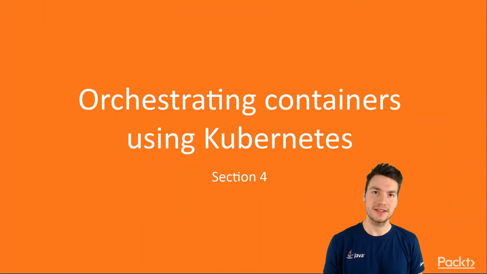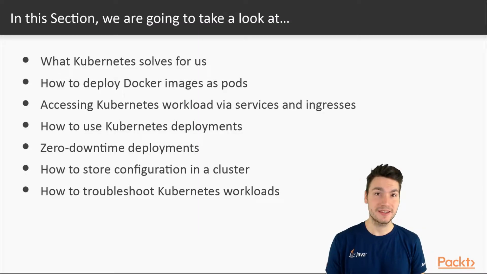In this video, we're going to see how we can orchestrate Docker containers using Kubernetes. We're going to see what challenges Kubernetes solve for us and how to deploy Docker images as so-called pods. And we're going to see how we can access these pods, these workloads, using services and ingresses. And then how to use deployments and how they support us doing zero downtime deployment. And we're going to see how we can configure applications that run in a cluster and also how to troubleshoot